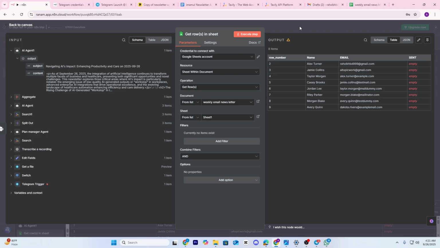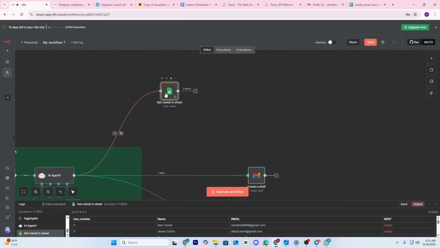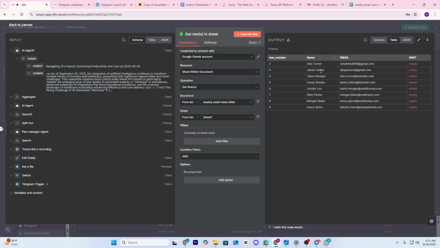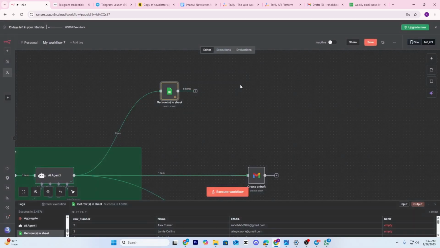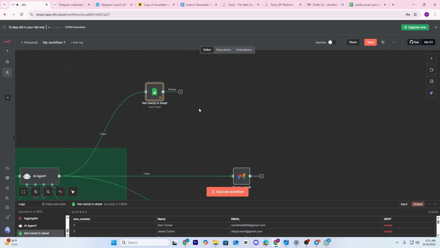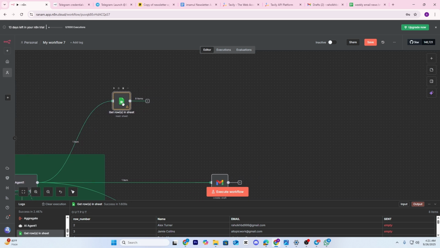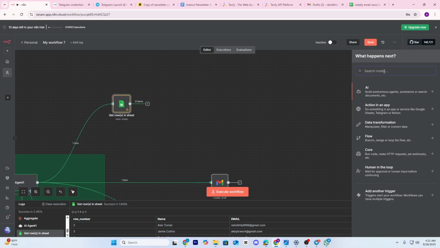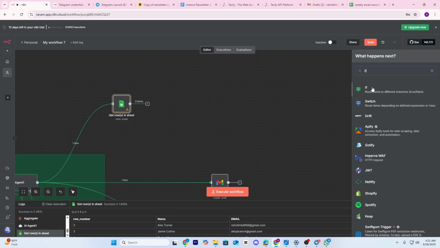One person will get the first message, for example Alex Tuner will get the first message, then Junior Collins, then Taylor Morgan. This is the loop kind of. So for doing it, I'm going to use one Switch node, or an If node. Okay, what are we going to do? I'm going to try it out. If not,